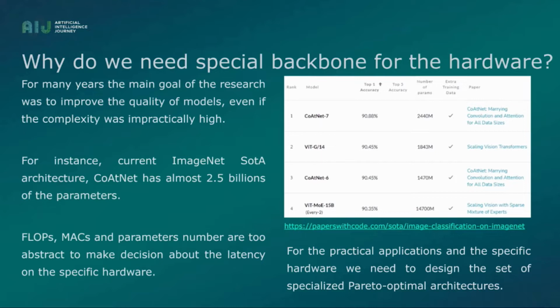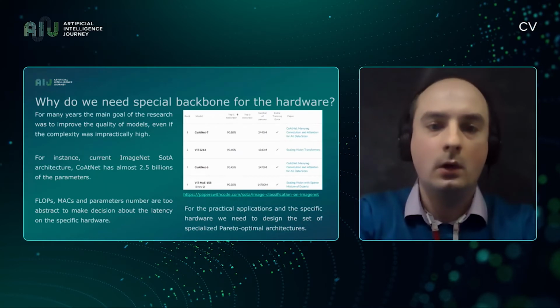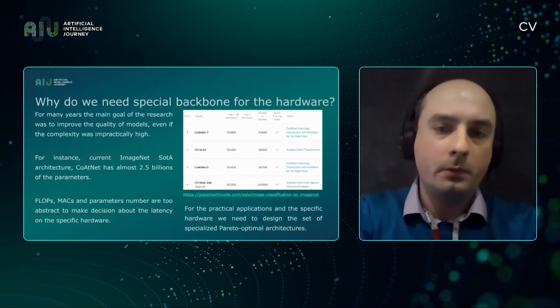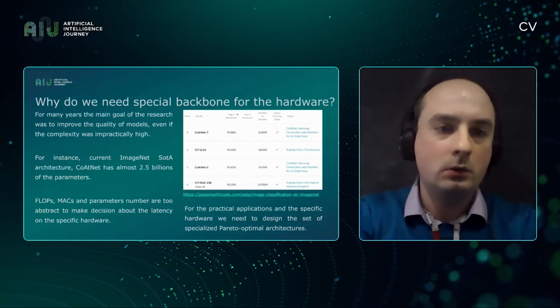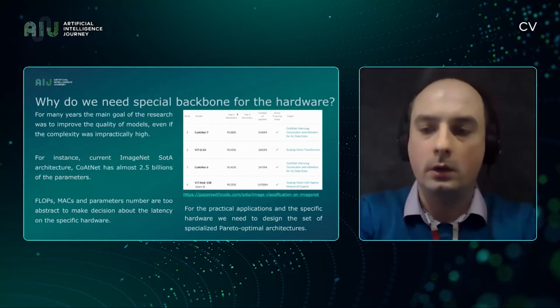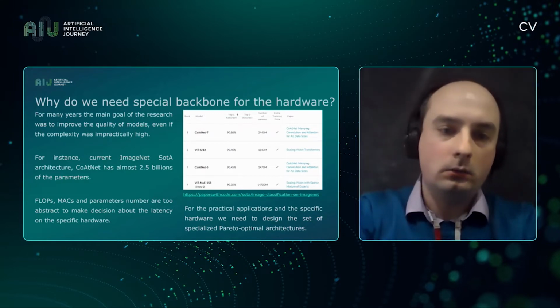And you see that for many years, among researchers, it was important to get the model of highest quality, even if the complexity was high. And you see that they have 2.5 billion parameters, which is absolutely impractical for